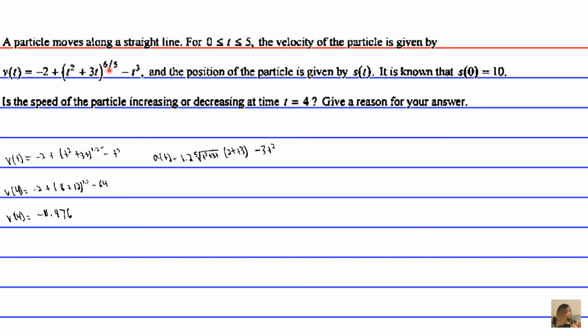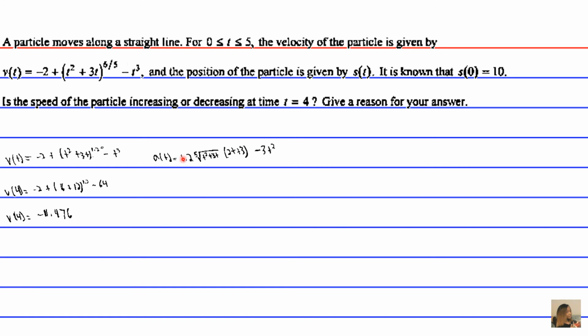The derivative of the outer function is just going to be n, which in this case is 6/5. So we bring down 6/5, which is the same thing as 1.2. And then we raise whatever is inside the parentheses to the n minus 1. So 6/5 minus 5/5, because in this case 1 is equivalent to 5/5, is going to leave us with the 1/5 power,